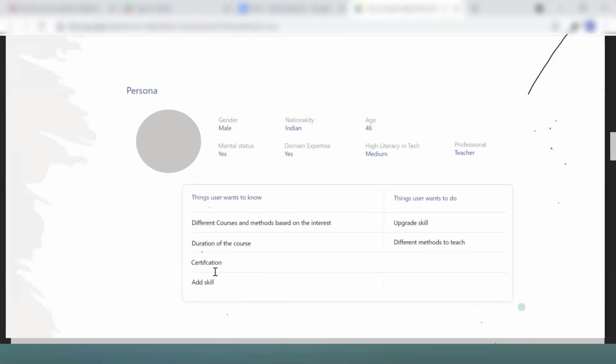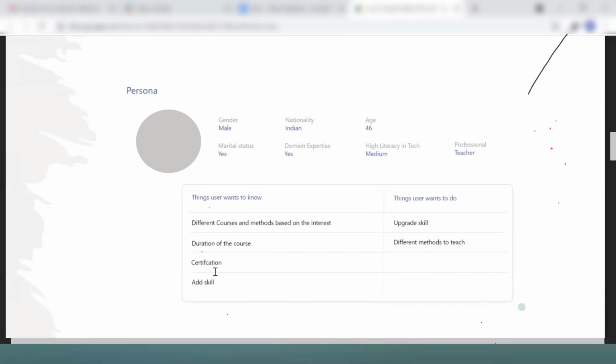They can do the assessment and the certification. Now this certification is a basically engaging part, which is giving them the reward. Now this is how we create, after the user profile, a persona. It's an individual, basically to understand the individual person.